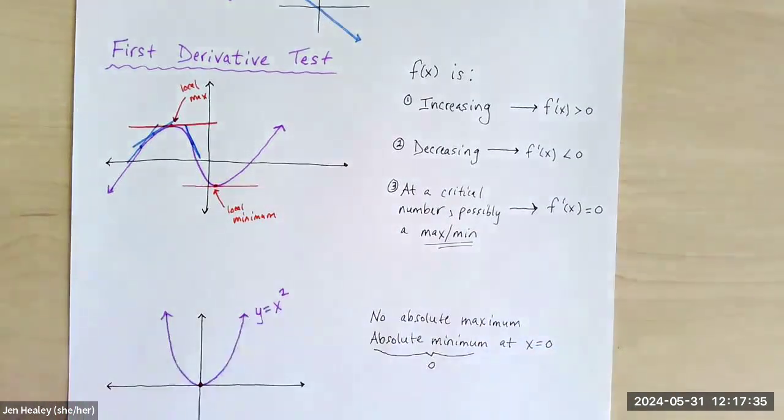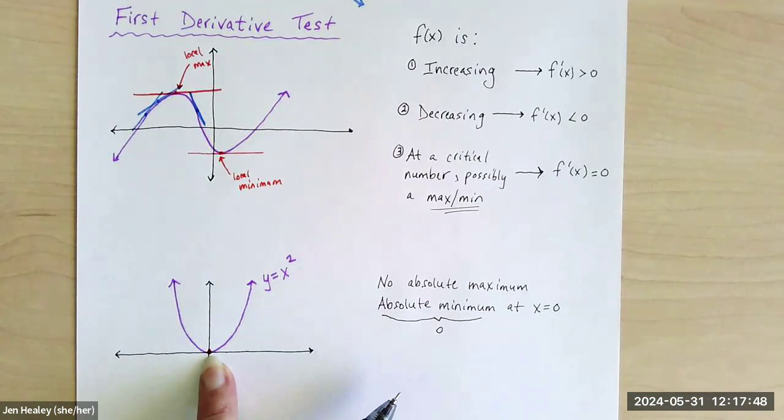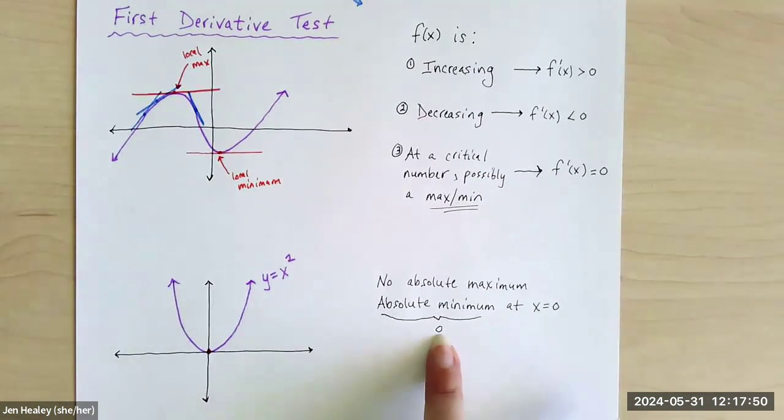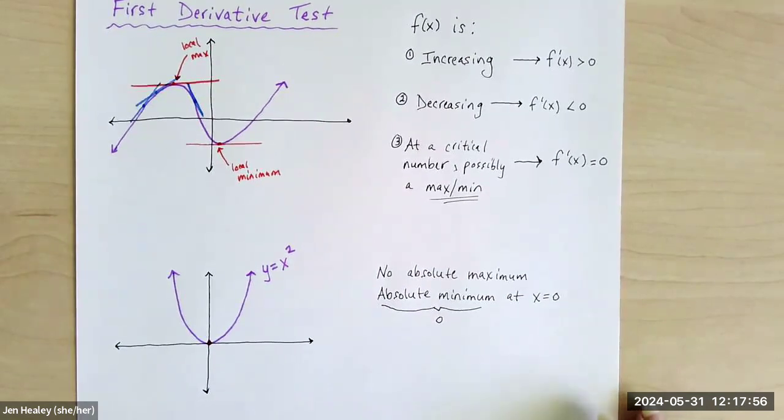And so we pretty much just have f of 0 equals 0. So the absolute minimum is 0, and it happens at x is equal to 0. So when we give the minimum value, we're giving the y value that's the lowest y value. The lowest y value is 0, and it happens at x is equal to 0. Okay. In terms of where this function is decreasing,